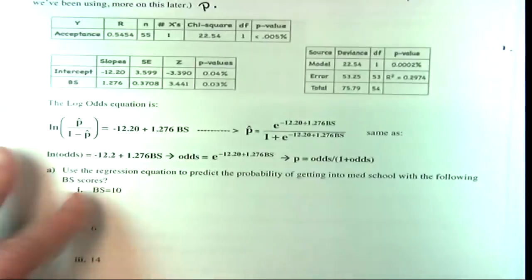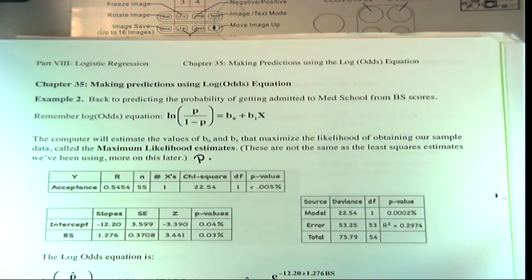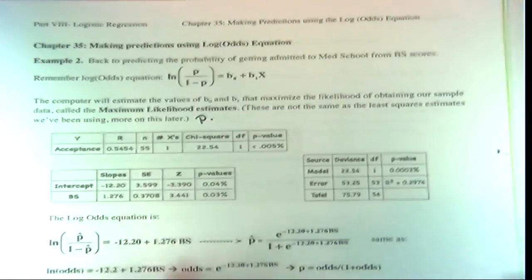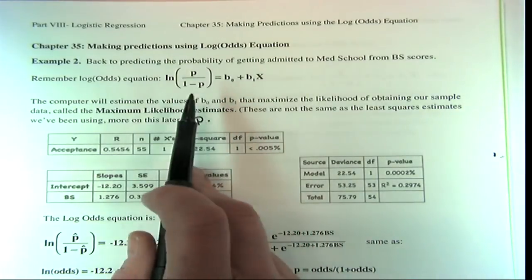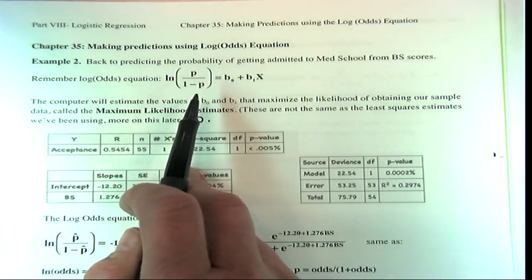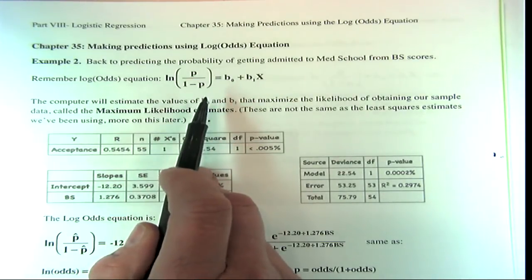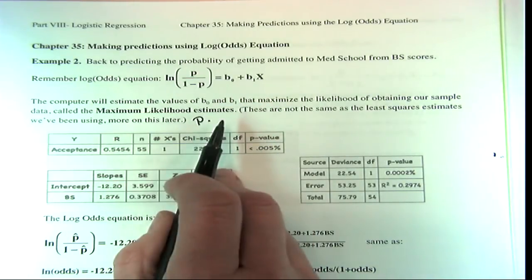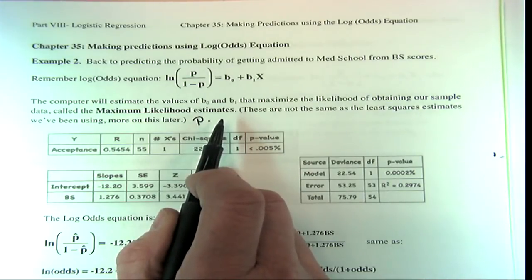So you know what this stuff means now, or you're familiar with it. Okay, so now we're back here where I inadvertently jumped too quickly. What we're going to do now is make predictions with the log odds equation, and the computer is going to make these maximum likelihood estimates. And we can look on page